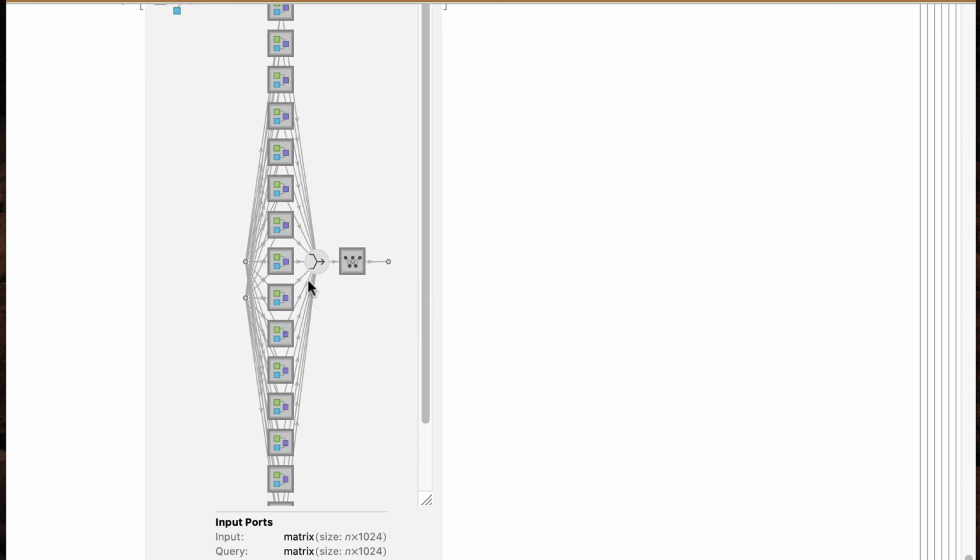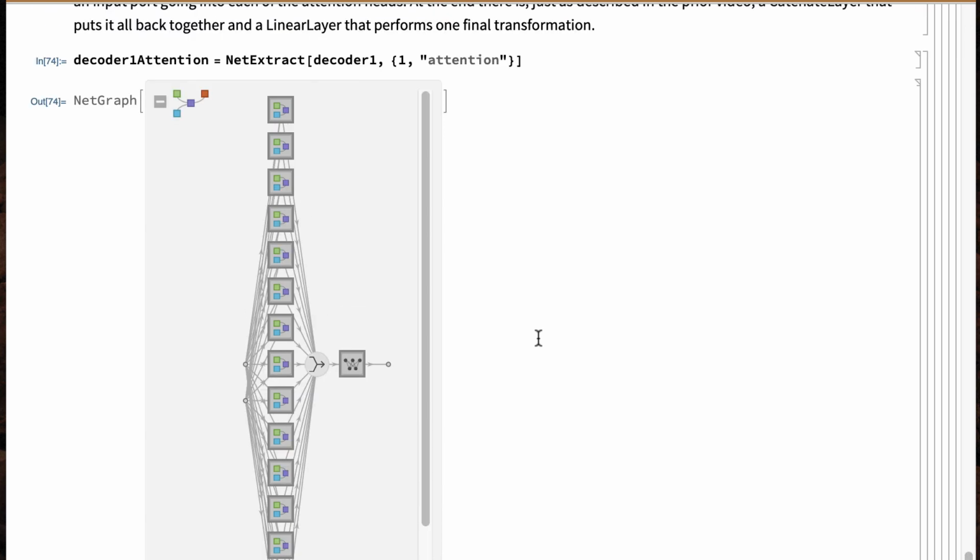The output gets sent to this catenate layer, which then goes into a linear layer that has a NetMap operator working with it, and then you get some final output. This other thing is the query, and you remember how I said that in the Wolfram Language implementation, the query is kind of broken out and dealt with separately, and so you see that here.